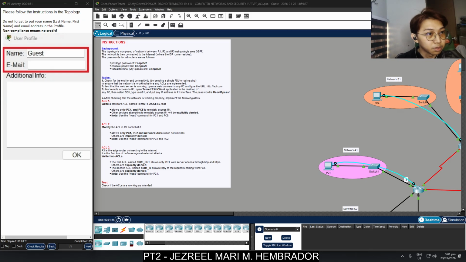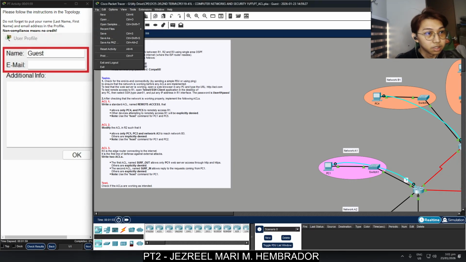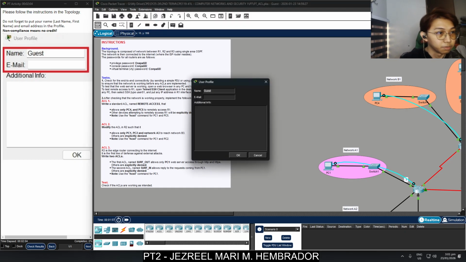So first, we're going to put our last name and first name in here. Here, user profile, and then for the name, Hembrador, Jezreel, right.